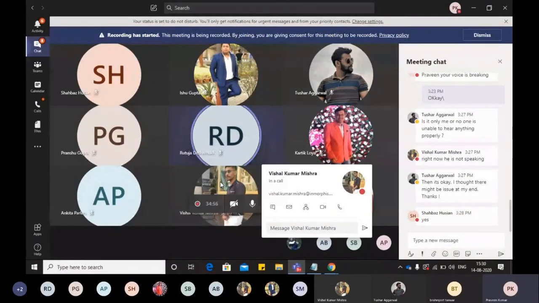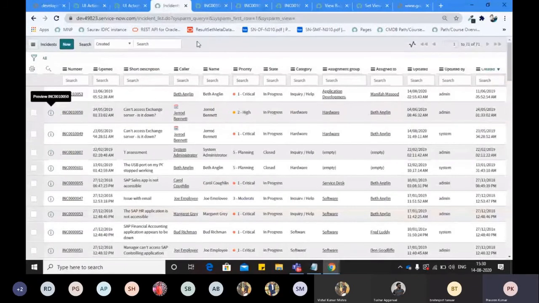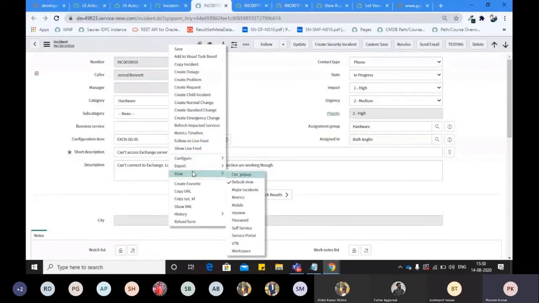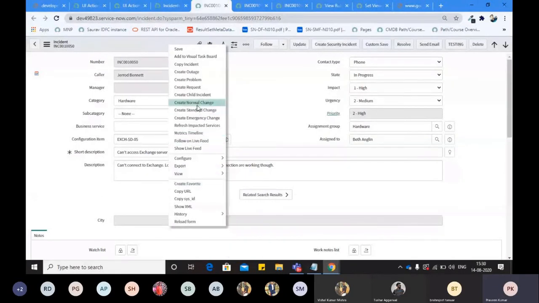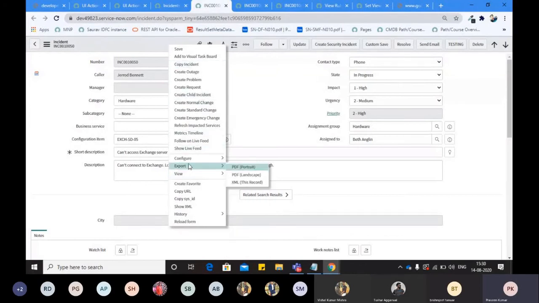If there's any doubt with the view rules, let me tell you that it should not happen that in a particular view we will not see some options. Vishal, you said that some options will not be visible here. No, that is not the case. Options will not be visible only if we have configured those options in some different way. Otherwise all the options will be visible. If some option is not visible, I have to look technically where the issue is. Otherwise all the options, all the menus will be visible here. They do not have any impact from what view is connected, what view is currently on the form.